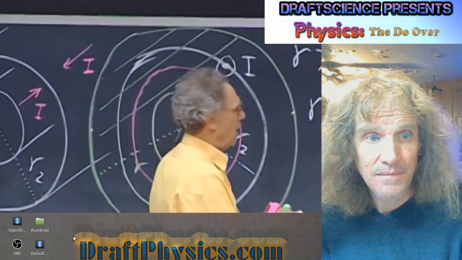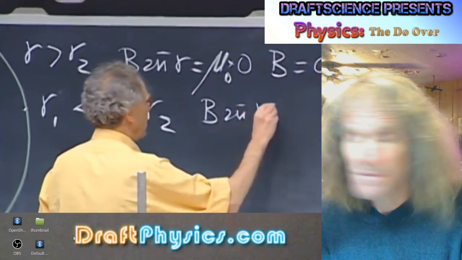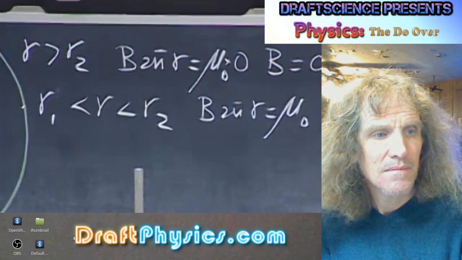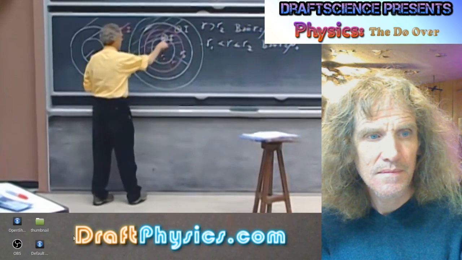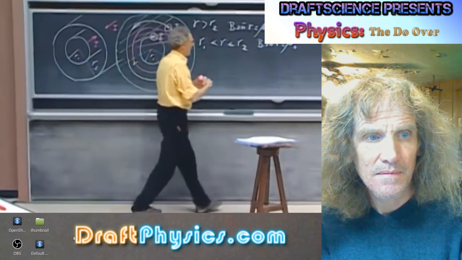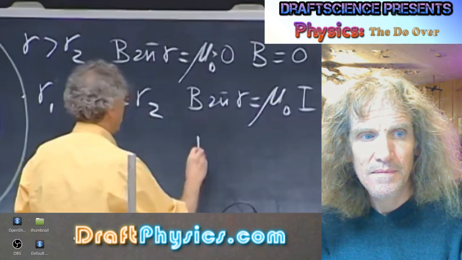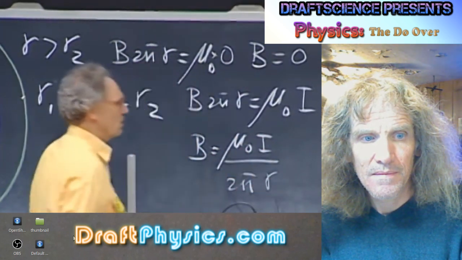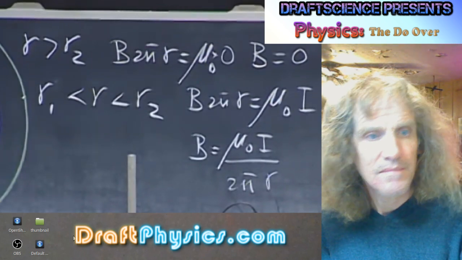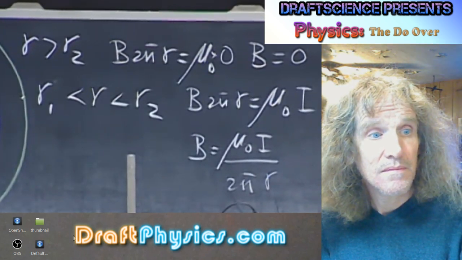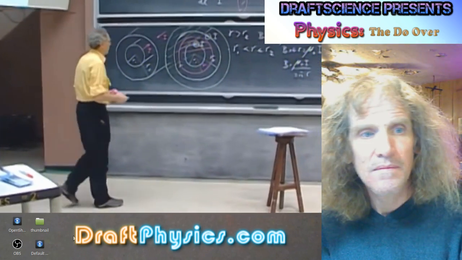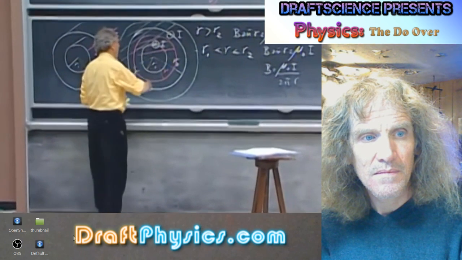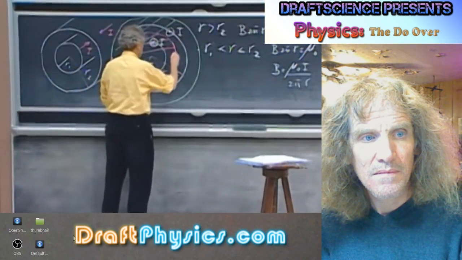And here I go. I get B times 2 pi r equals mu 0. But now there is current going through this surface. And the current that is going through is I. Not this one, but this one. And so we get I. And so now we get that B is mu 0 times I divided by 2 pi r. A 1 over r field. The direction you will find from the right-hand corkscrew rule. That's the way I normally do it. You take a corkscrew and you turn it clockwise, it goes into the blackboard, so the magnetic field here is in this direction.